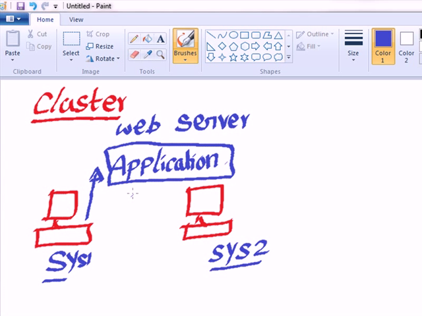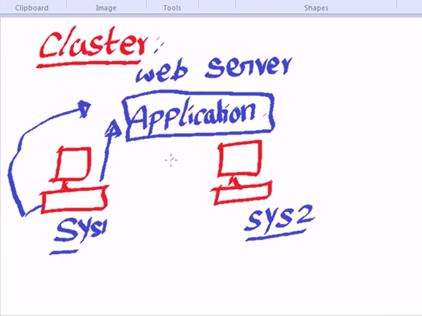System 1 and system 2 are configured as a cluster. If system 1 fails, the application will still be run by system 2 with the help of the clustering concept. But if we are storing the web server data in the local hard disk and system 1 fails, this data cannot be accessed by system 2. Therefore